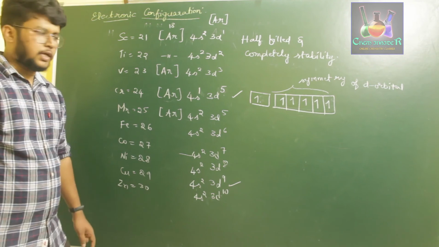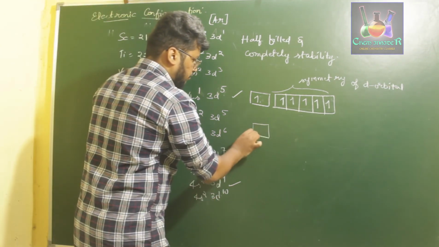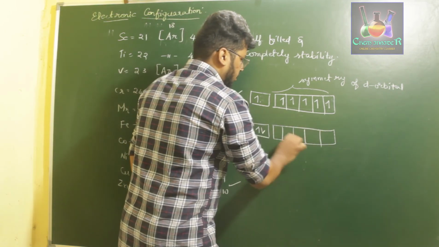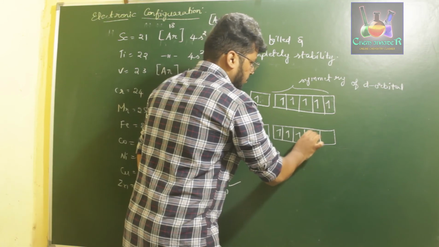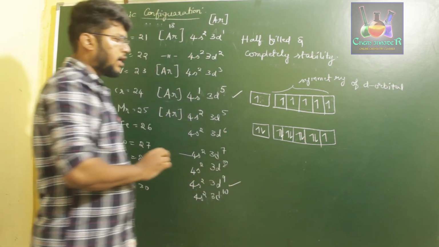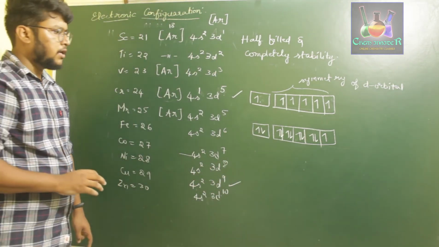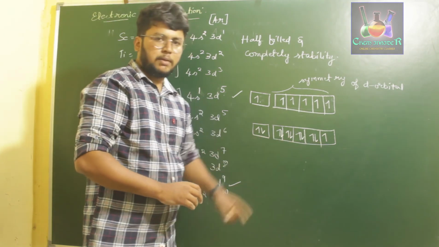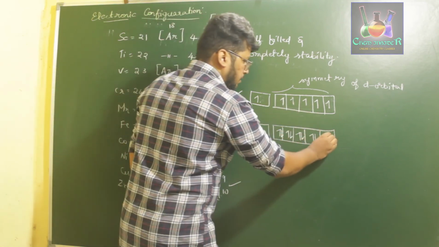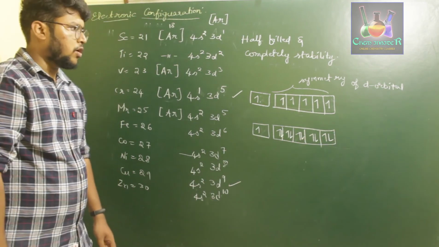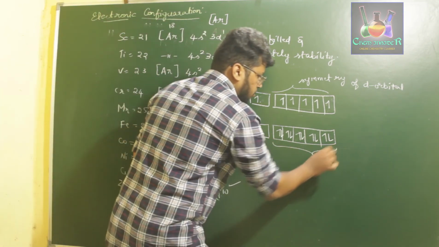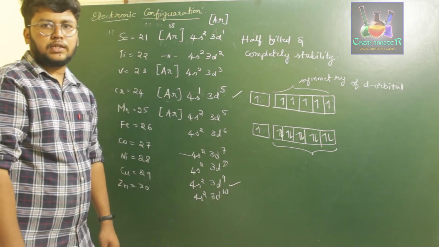Similarly, in the case of copper again, we have 2 electrons in 4s and 9 electrons in 3d. So here again the symmetry of 3d comes into play. We have 4 paired electrons and 1 unpaired electron. So therefore the symmetry of 4s doesn't matter here. It forms with the pairing of the 3d orbital to form a completely filled d orbital. So here the stability of the d orbital is because of complete filling of electrons in the d orbital.